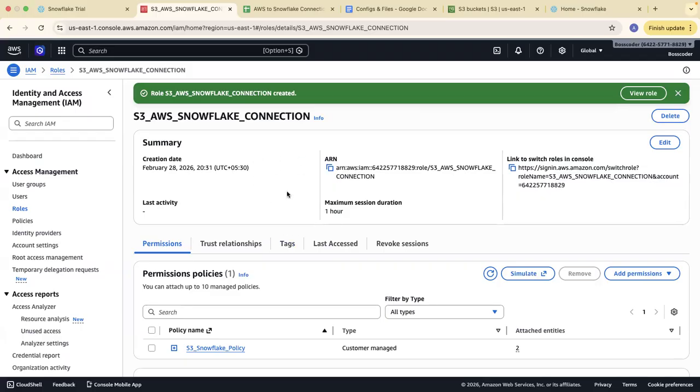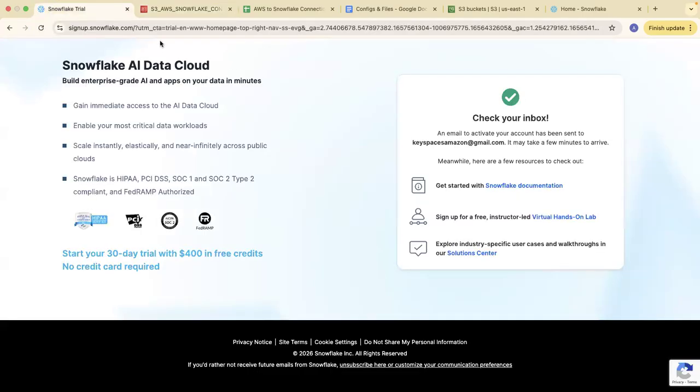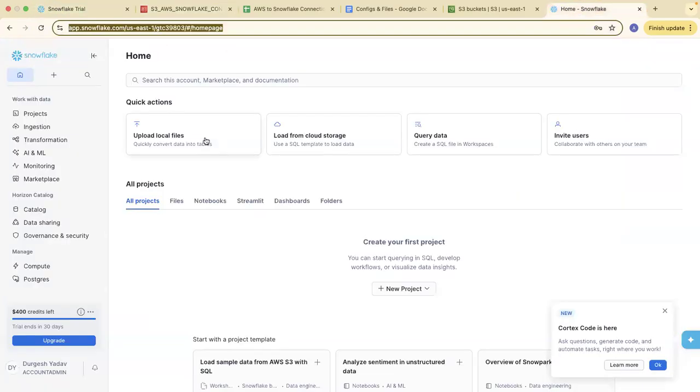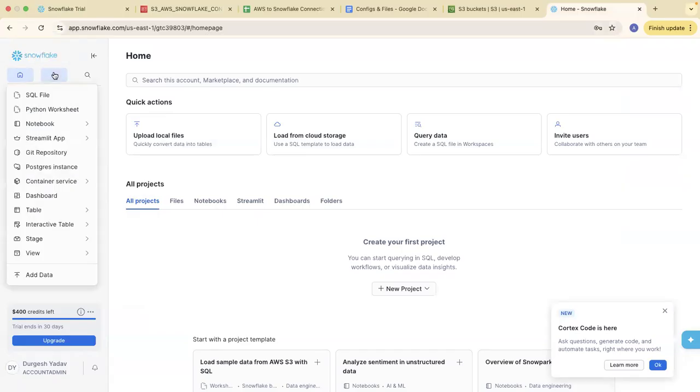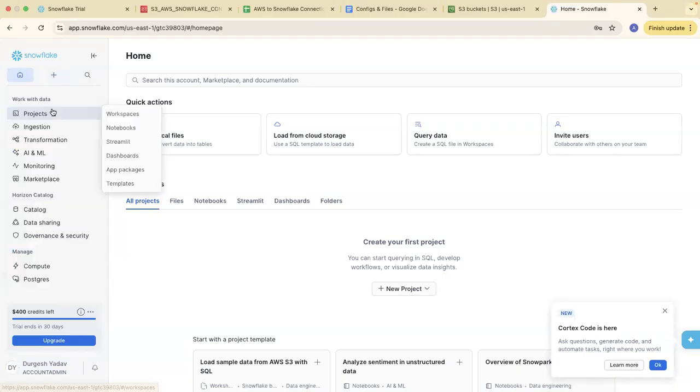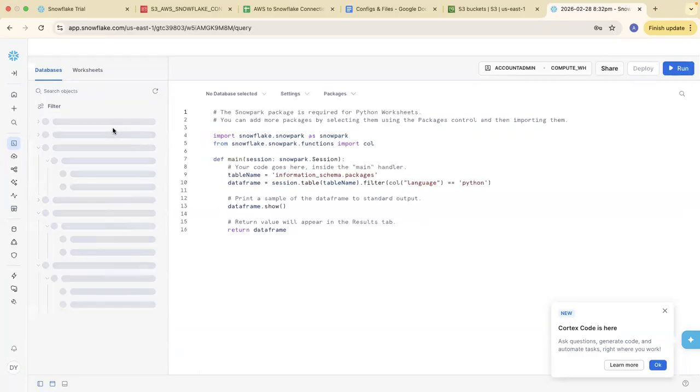Okay, so I will be stopping here and going to Snowflake now. This is my Snowflake home. I will be simply clicking on this plus sign and clicking on Python worksheet.